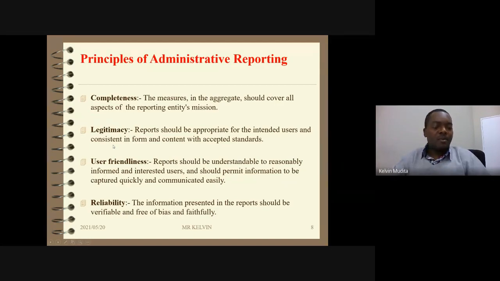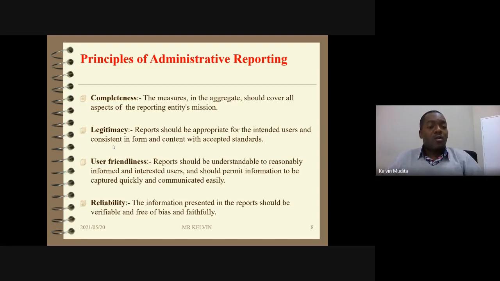That is, a report should be written according to specific standards. Each and every organization has its specific standards that it sets on what a report should contain, so that it should be legitimate. For example, we have some organizations that have templates. In your organization, if you are writing a specific report, you use a specific template. Those are the standards. Otherwise, if you write